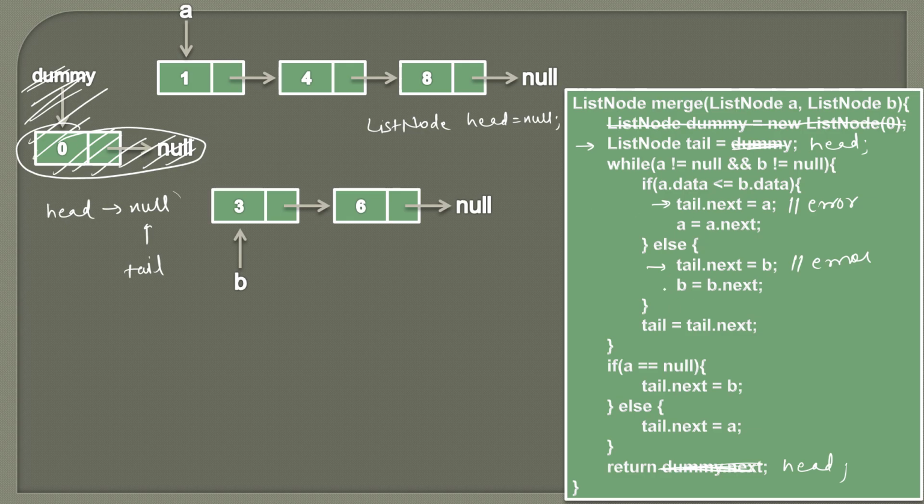pointer exceptions. Now let's say we are told that we don't have to use this dummy list node, we want to merge these two sorted singly linked lists using the normal nodes. So we can also solve the problem that way. This dummy list node is actually helping us in avoiding these errors and the checks. But what if you want to merge these two lists without the dummy nodes?